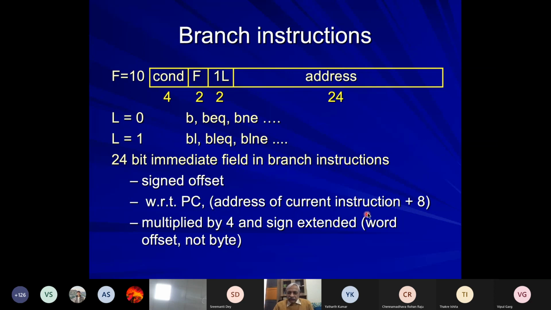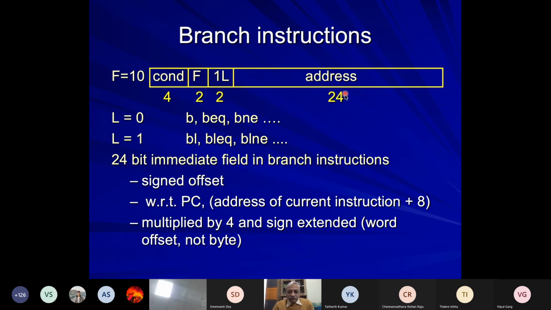Incrementation is by 4 every time because we are talking of byte addresses, and adding 4 takes you to the next word. Instructions are all full word. The data could be byte or half word or full word. So the PC would have moved on to the address of current instruction plus 8 by the time